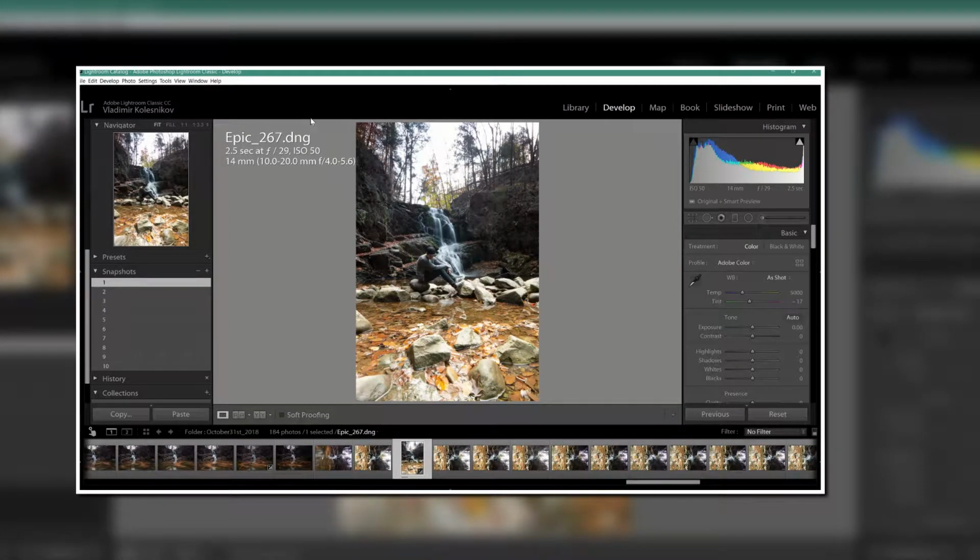My name is Vladimir Kolesnikov, aka Occipital Optic on Instagram, and today I would like to talk to you guys about editing. So, editing, I don't think there's a right way to edit a picture, but I think there's